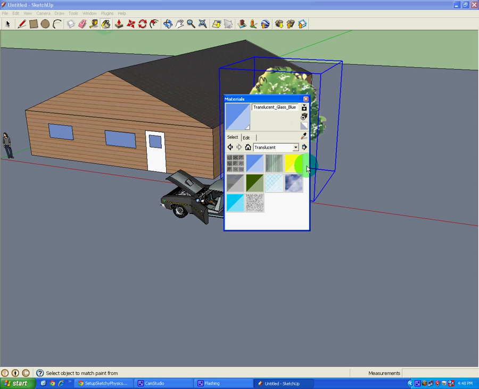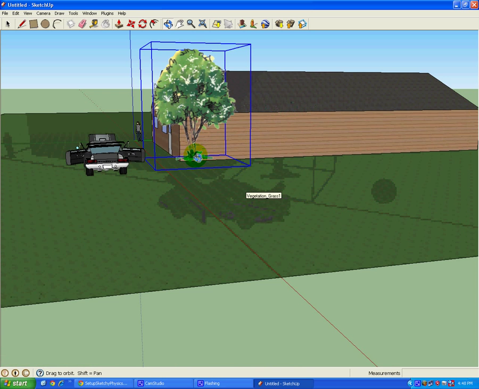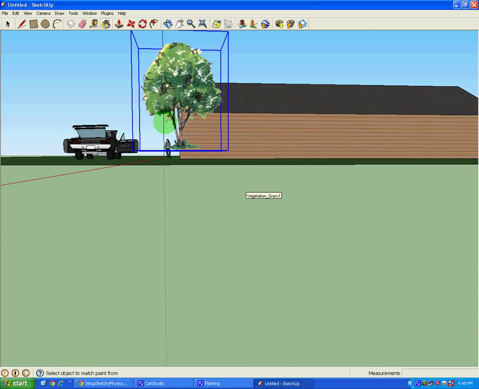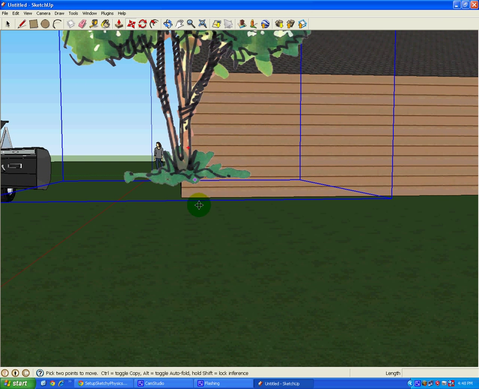The other option is over here, which is sharing models, which allows you to upload, but you need a Google account to be able to do that. Or you can just share a part by using share component. So whatever, anything that you've grouped together, share as your own. Thank you, and see you for